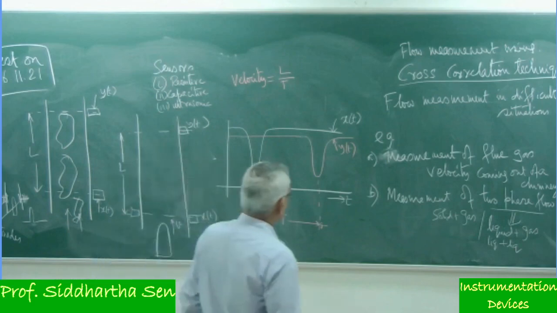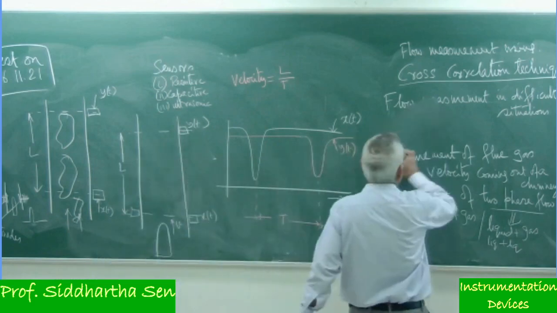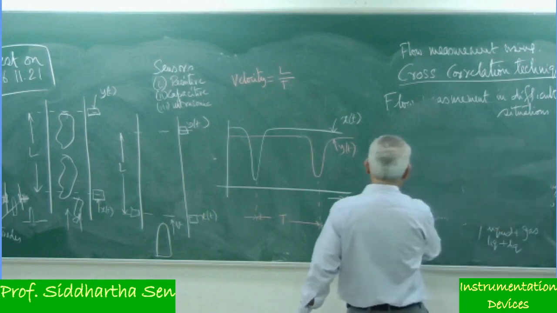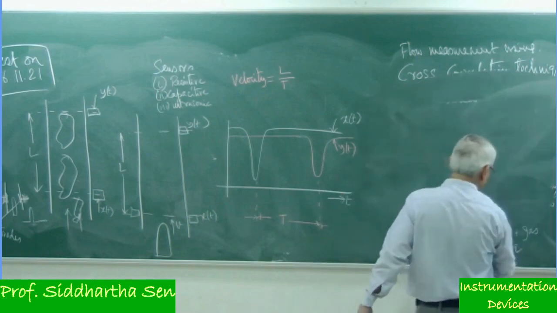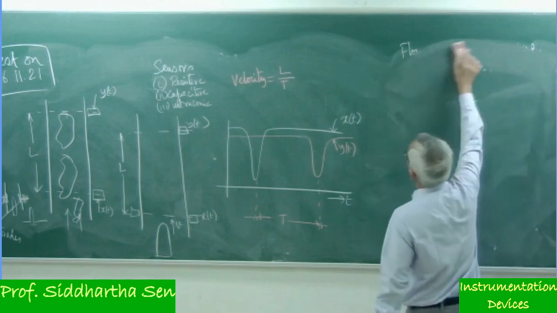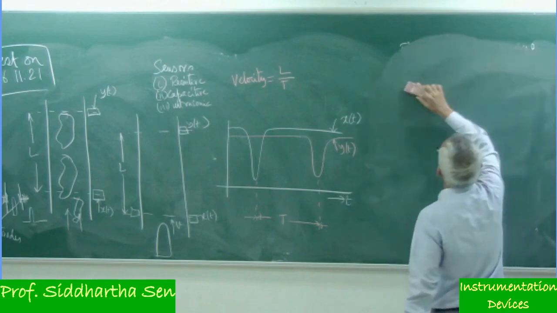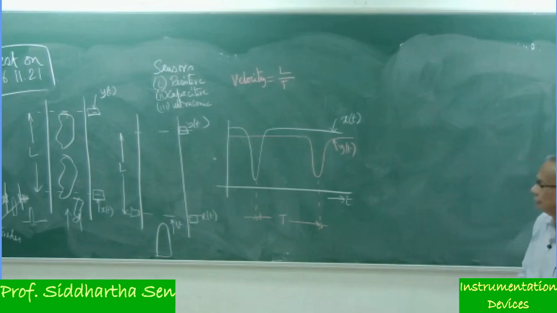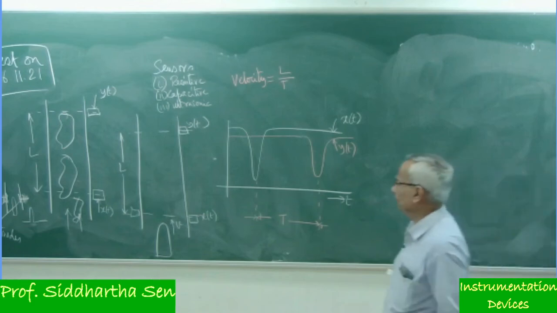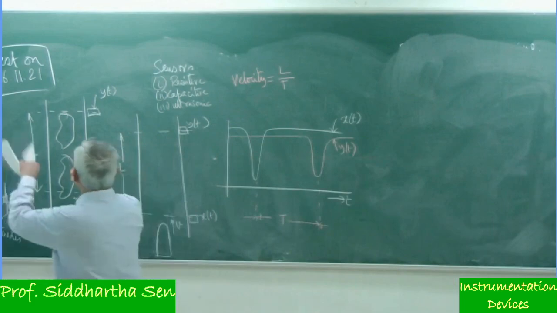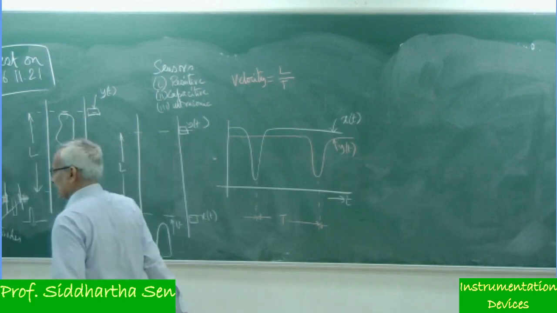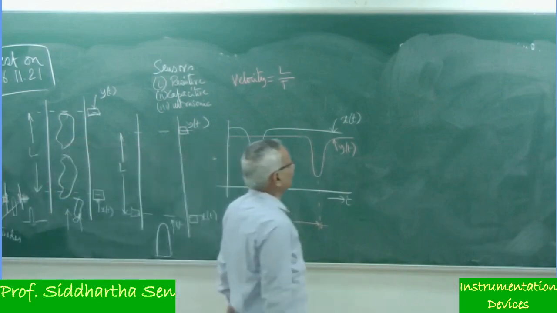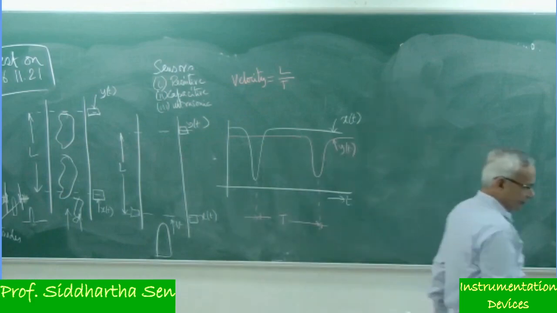But the problem is that, as I told, these bubbles are not a single bubble. A lot of bubbles are there. In between, they can also deform the signals x(t) and y(t), because many bubbles can integrate together or they can disintegrate. So as a result, in the actual case, you may get it like this.